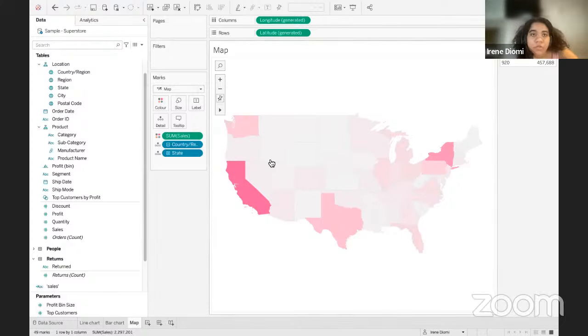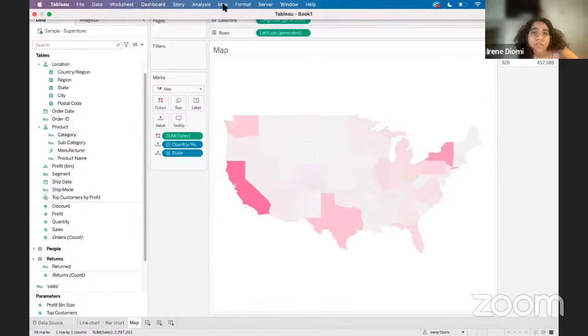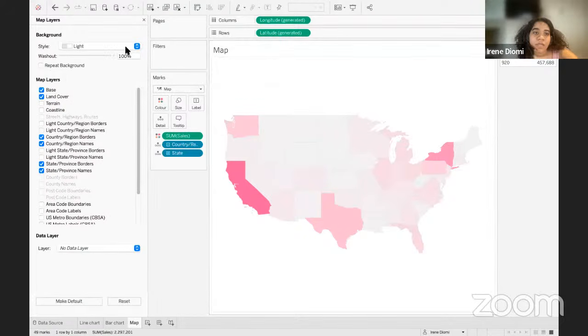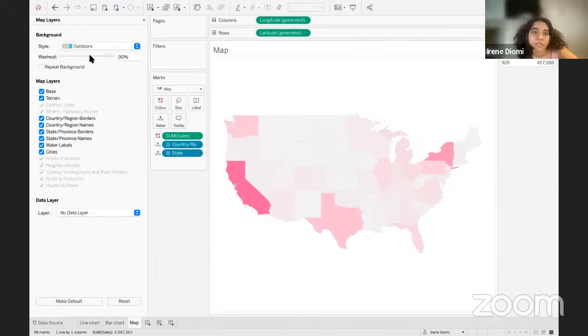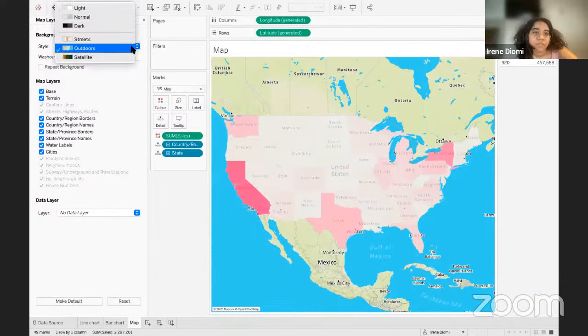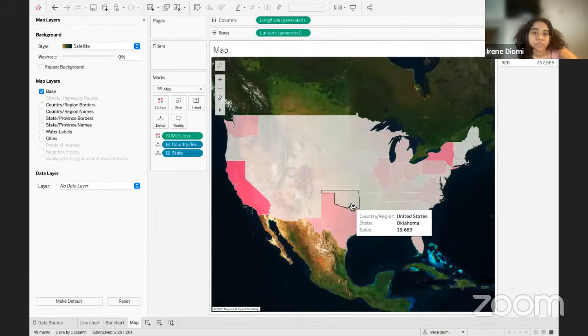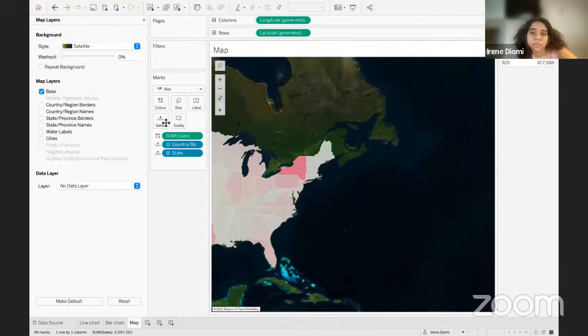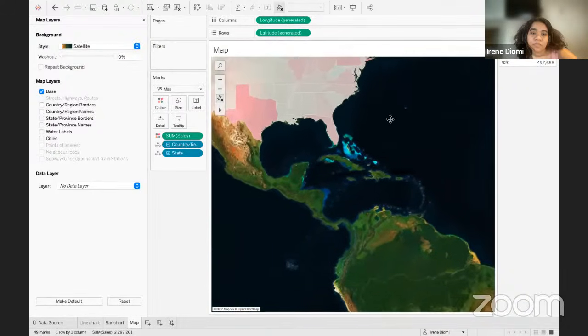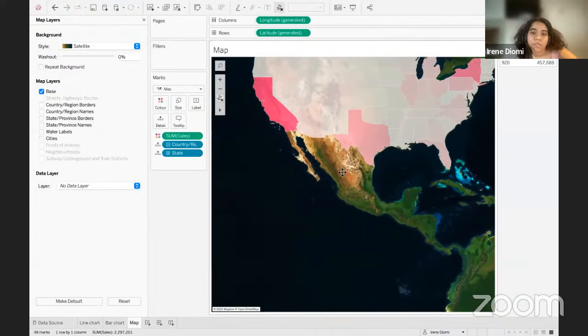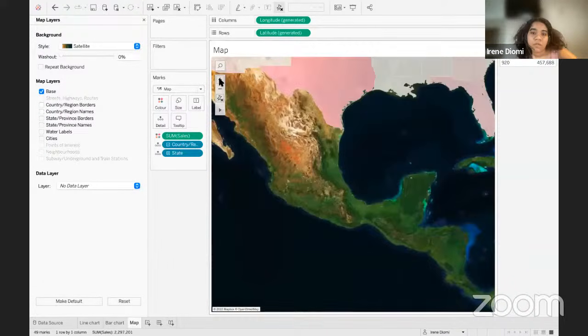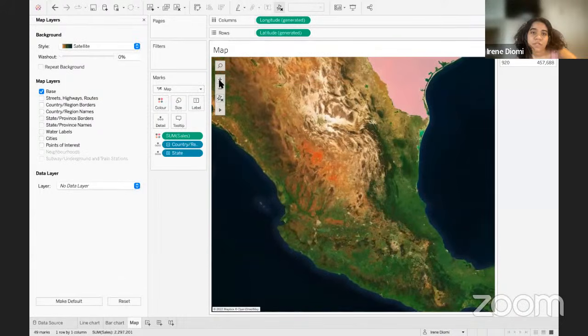But I also just want to show you some of the map capabilities. If we go to map and then go to map layers, you don't have to follow along for this part. I just want to show you some examples of what we're getting inside of Tableau. I'm just going to go to satellite. And if I move around the world, maybe let's go here. And if I start zooming in,